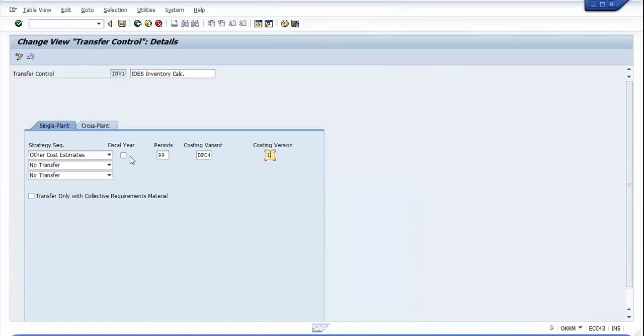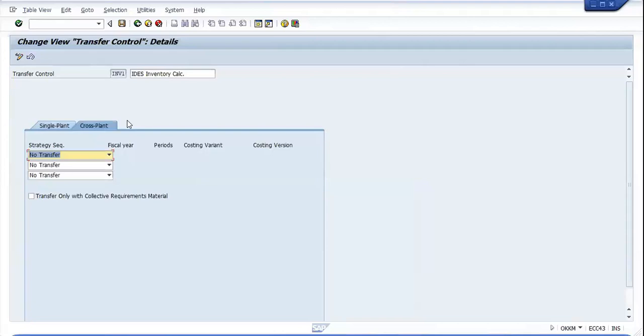And what is the cross plant transfer? Basically, there are two types: transfer from another plant, or production into another plant. So what is the transfer from the other plant and production of the plant?